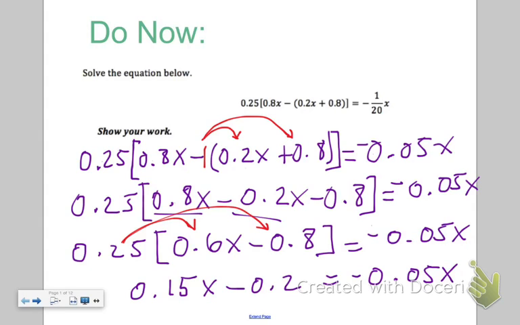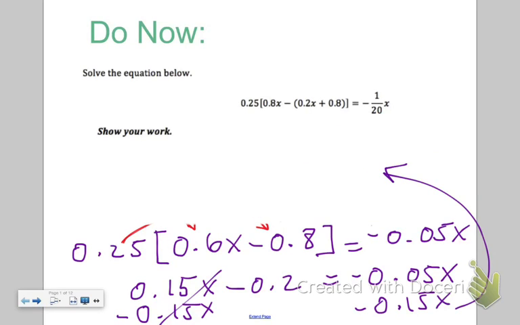We're going to bring our variables over to one side of the equation and keep our constants on the opposite side. Because I have a smaller coefficient on the right-hand side, we can go ahead and add 0.5x on both sides, but we'll be left with a 0 here, which means we'll need to take an extra step and bring our constant over to the right. So I'm going to bring 0.15x to the opposite side by subtracting it on both sides of the equation. So this is going to cancel out,